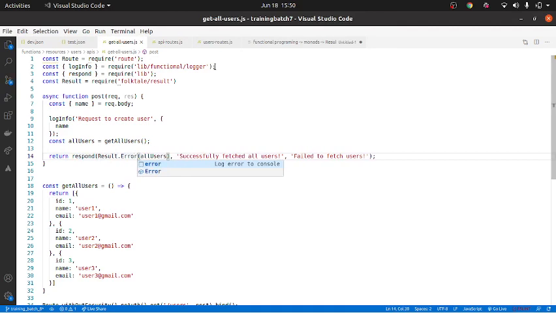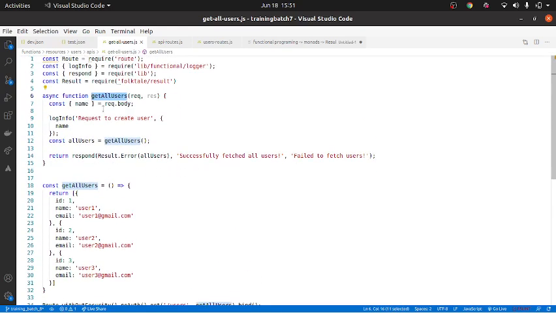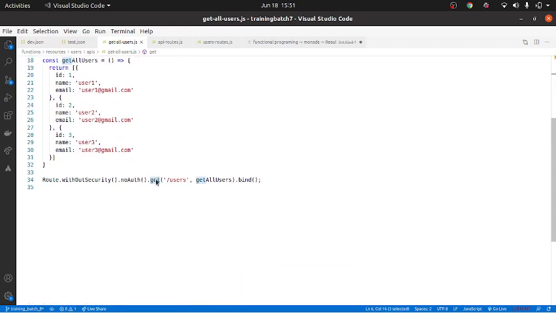That function name is post, it should be get, or it can be. It is get, yes. I didn't rename the method. You can call it anything. So you can call it get all users. Only thing is, it cannot be get all users because we are already using that. So I'll just call it get. And this function name, you should put it over here, /users, and the /users is handled by the get function.